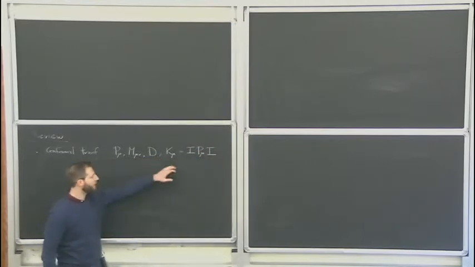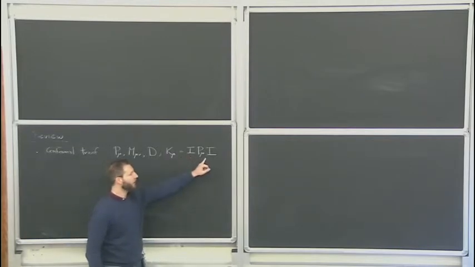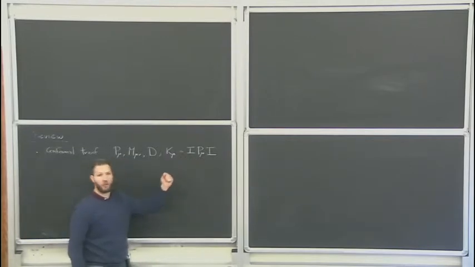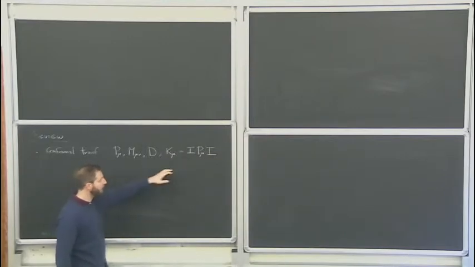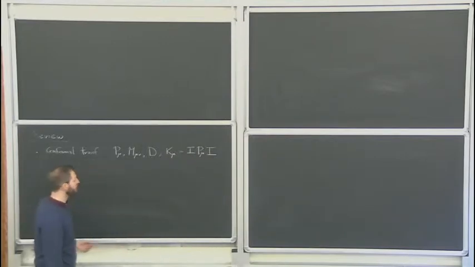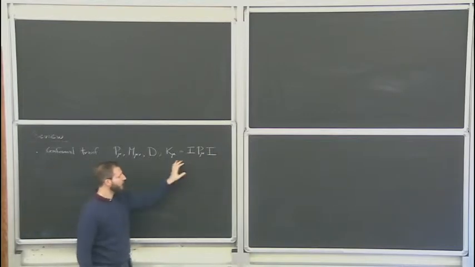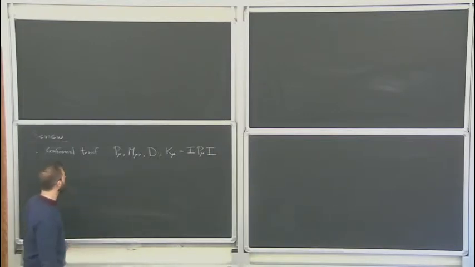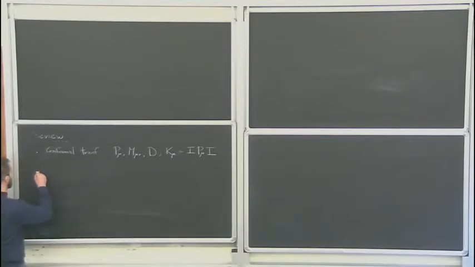I stress that the inversion is not, strictly speaking, part of the group because it's not connected to the identity. It's a discrete transformation. But nevertheless, you can have this intuition. And we obtained the algebra,